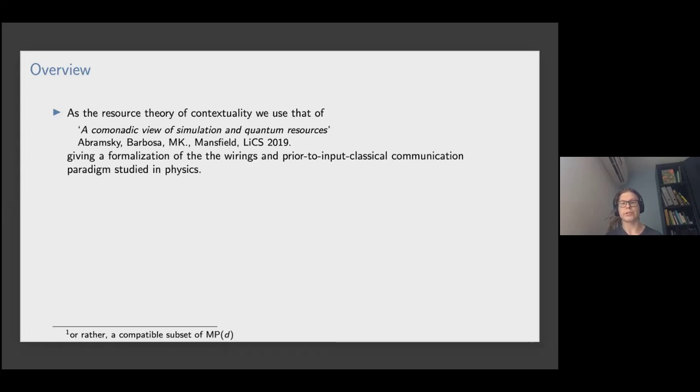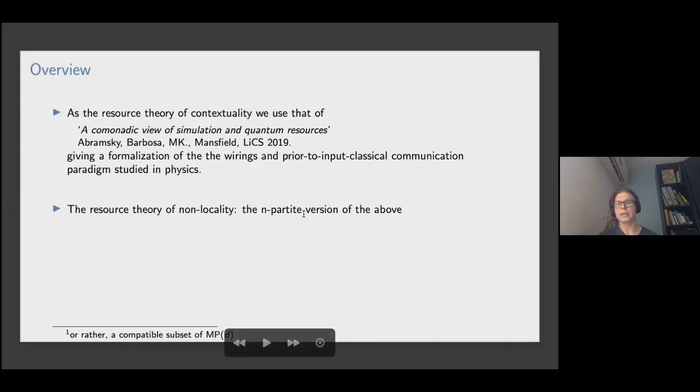There is lots of prior literature in the non-locality literature where people ask whether you can wire these systems together and maybe use some shared randomness or a priori classical communication to transform some resources to others. The reason why I want to work in a particular framework is to have enough mathematical structure to make the problem tractable. So I chose the framework I'm most familiar with. But I do believe that this result is a fact about the general paradigm itself, and it's not just an artifact of the way we choose to formalize this.